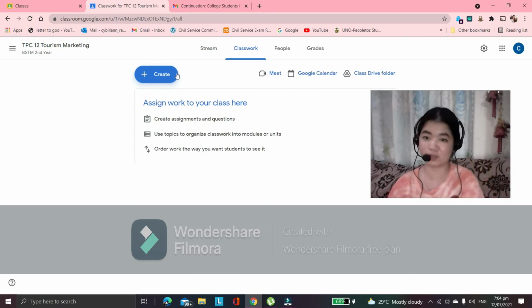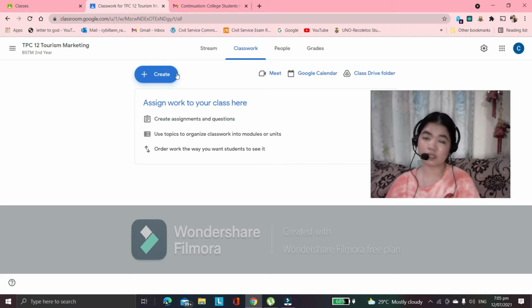Or you can upload a document wherein, for example, if it's an essay type, you can upload a Word document where they can put their answers, or you can even create a Google form, wherein they can fill up, for example, a short quiz, like a case study, wherein they will have to pick the answers from the choices, or situational questions and answers, wherein you'll place